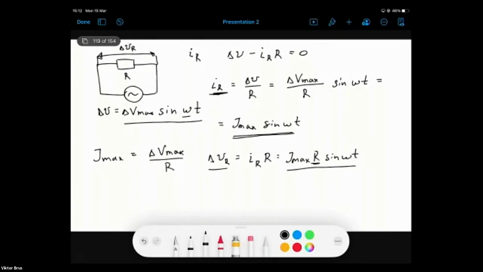Here we have resistance of active resistor, which is not frequency dependent, and it behaves pretty much in the same way as a resistor in a circuit with DC current. In order to highlight this, I will try to share my screen now with some